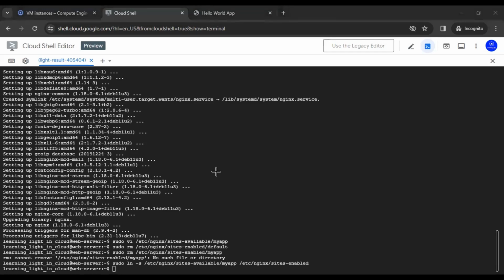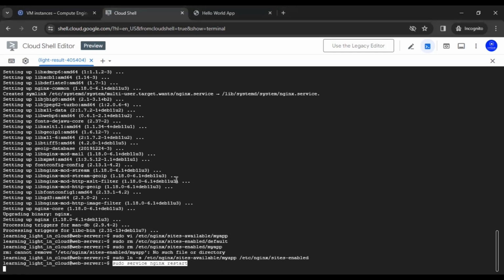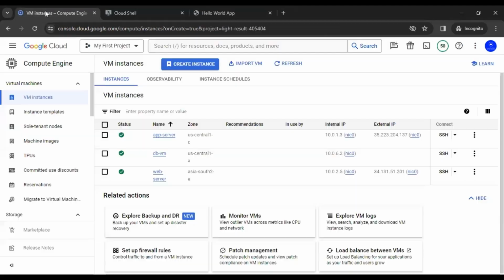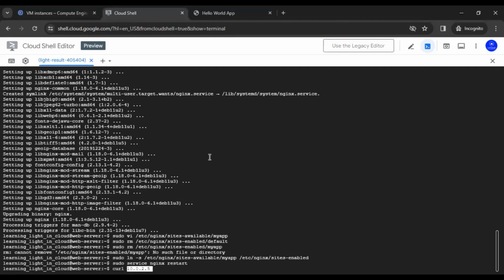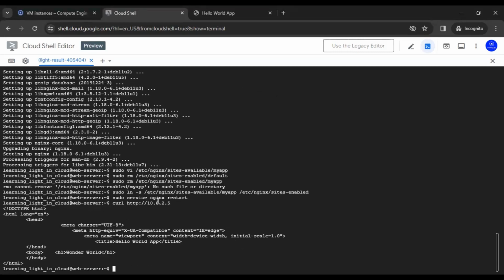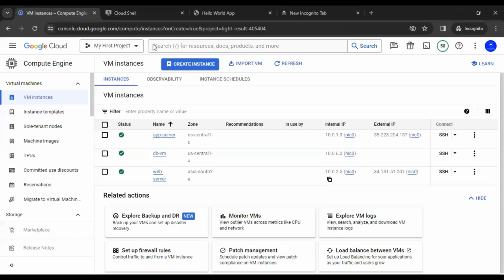Now we need to restart the Nginx, and once we have restarted our Nginx, right now it is going to serve the app server's content on port 80. So if we go ahead and grab this internal IP address, and curl this one through the HTTP port, it is now accessing the database. And if we go ahead and check this one,